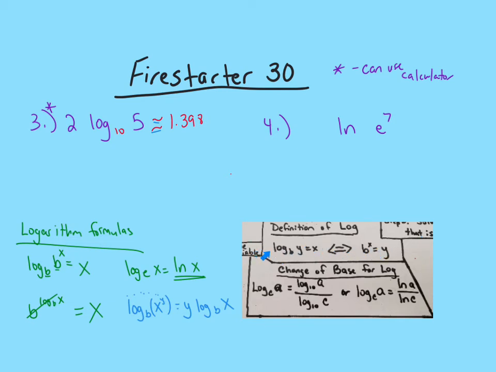Now notice there's nothing in front of this, so what I would do first is divide everything by 2, just like we're solving. So I end up with that. So I get log base 10 of 5, and it's about 0.699. So by this definition, a good way to see how our work is this is the base,